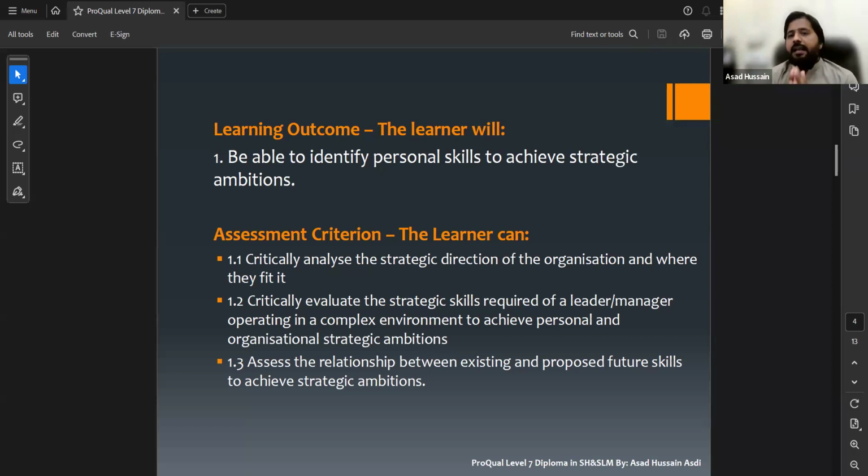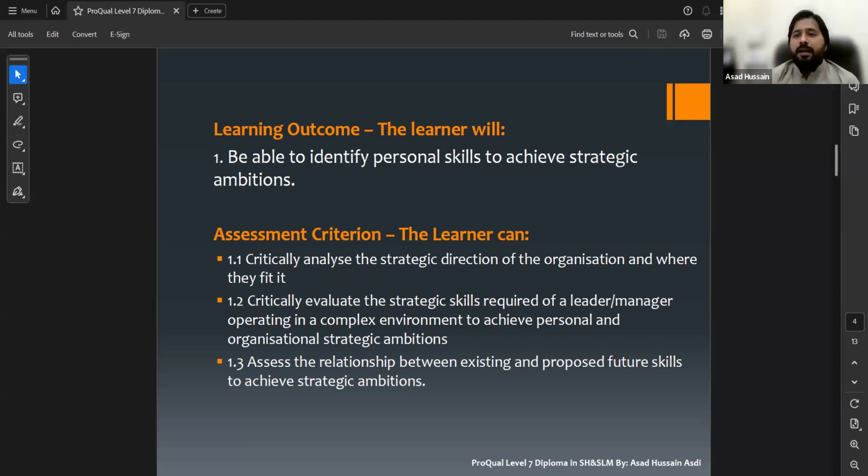Here, a candidate, a learner can use as evidence an assessment he has done about the strategic management. He can use that even if he has not performed that assessment himself, but he is a part of a team that assessed the relationship between existing and proposed future skills.